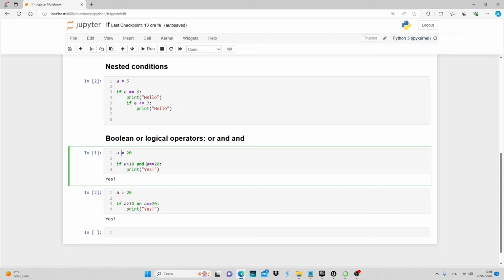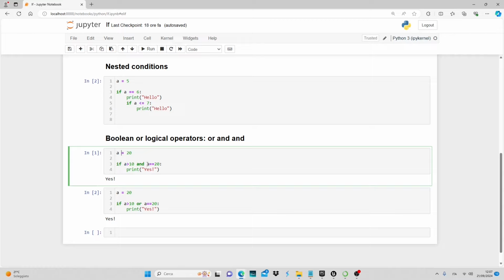If a is greater than 10 and simultaneously equal to 20, and here we have used the Boolean operator and, as we can see also written with a lowercase initial letter,